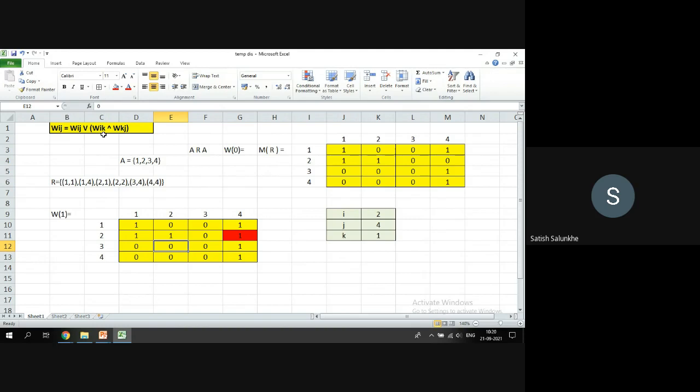I comma k, 3 comma 1 means this, and k comma j means what? 1 comma 2. So this and this, if they are 1, what does it mean? Why are we checking this and this? 3 comma 1,